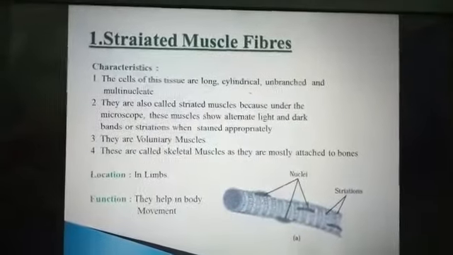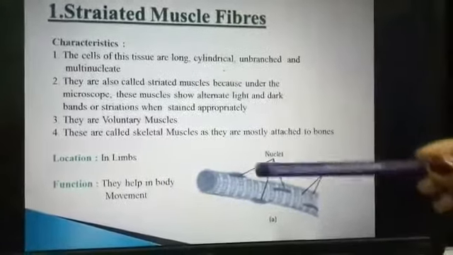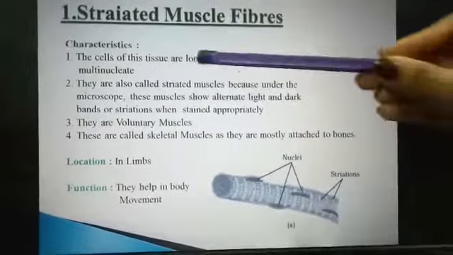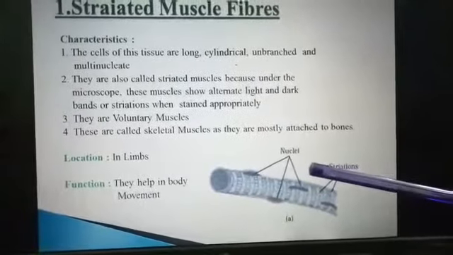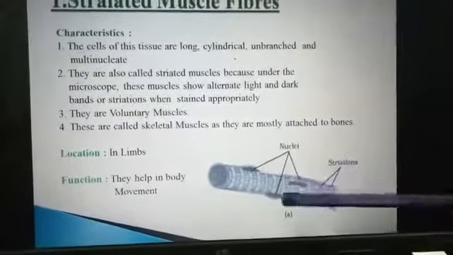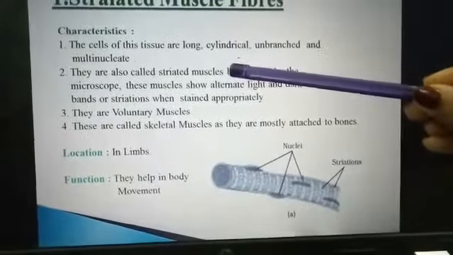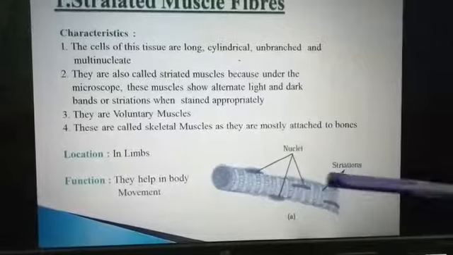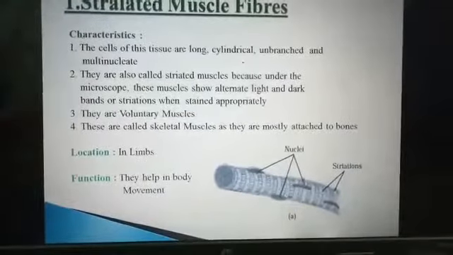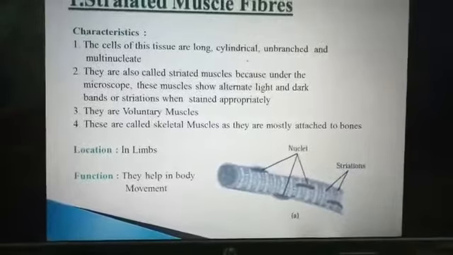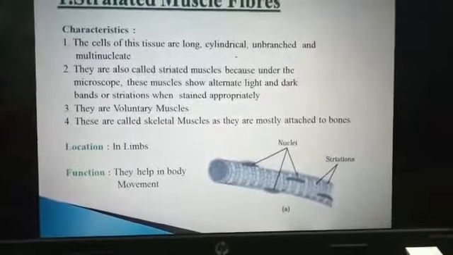Then one by one we are dealing with all of them. Striated muscle fiber, as I have already explained, is long, cylindrical, unbranched. As you are observing, there are no branches, कोई भी branches नहीं है, and they are in multinucleate condition. They are also known as voluntary muscles. Voluntary muscles means muscles which can work according to our will. जैसा हम चाहते हैं वैसा ही करें, उस muscles को हम कहते हैं voluntary muscles.